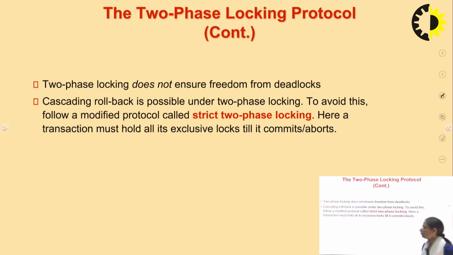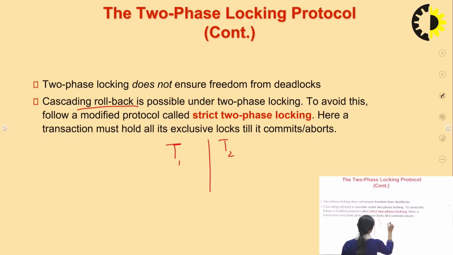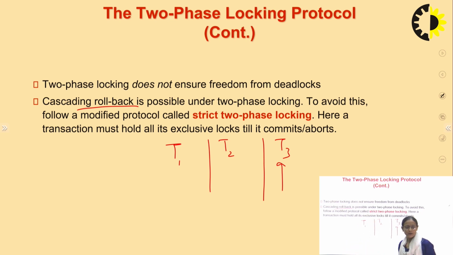What is cascading rollback? Suppose T1 is working, T2 is working, and T3 is working, and suppose some problem comes up in T3. So, it starts rolling back. Now T2 is rolling back and T3 is also rolling back. But originally who rolled back? T3. But the impact is found on T2 also. Similarly, maybe the impact of T2 is on T1 and T1 also starts rolling back. So this is your cascading rollback, and such kind of situations are possible in the case of two-phase locking